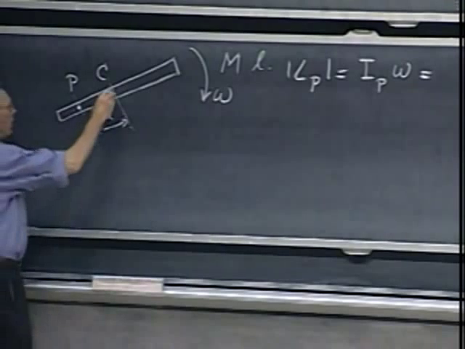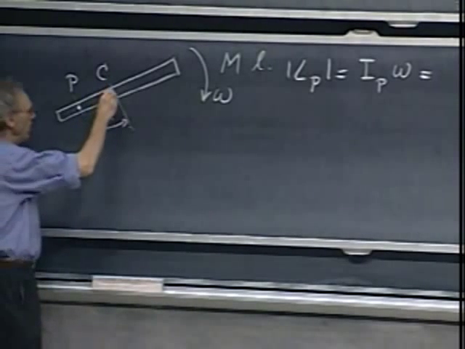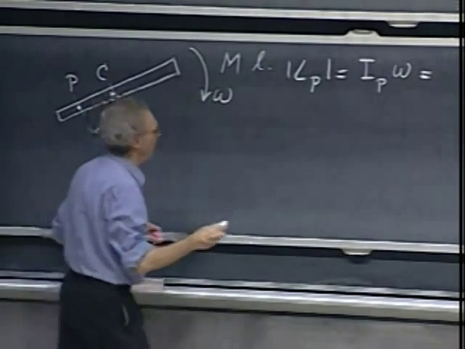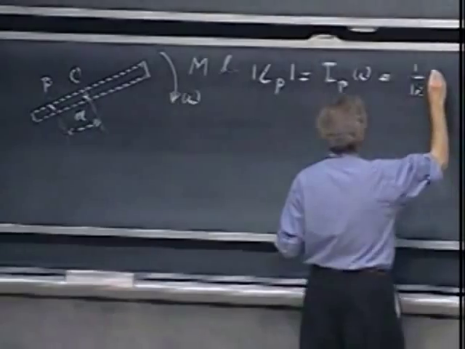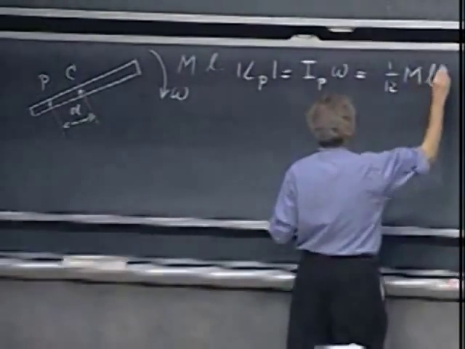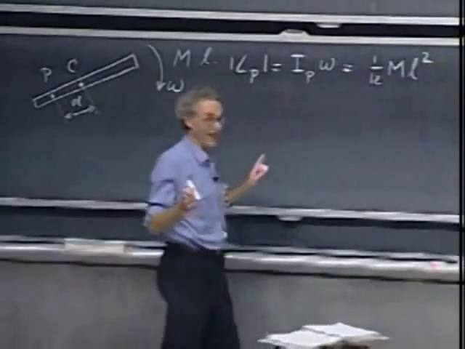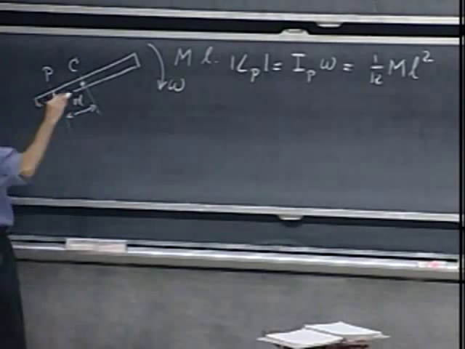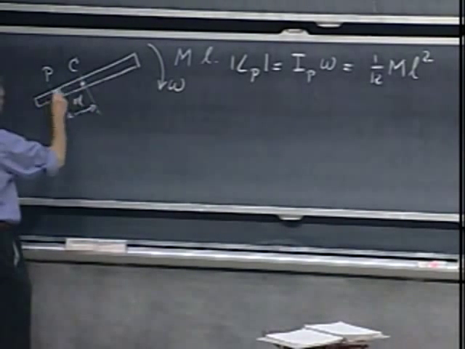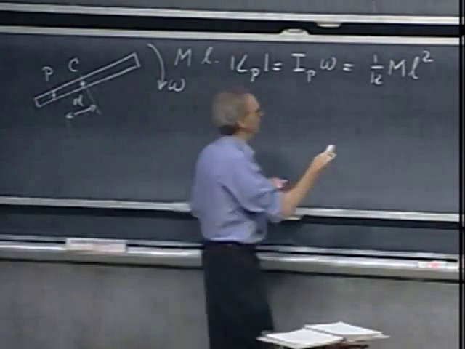I know that the moment of inertia for rotation about the center of mass through this axis perpendicular to the blackboard equals 1/12 m L squared. Well, I just looked that up in the table because I don't remember that. So that would be the moment of inertia about this axis, and then the parallel axis theorem tells me I have to add plus m d squared